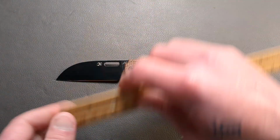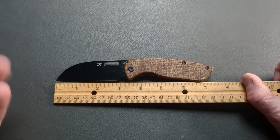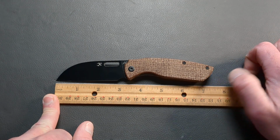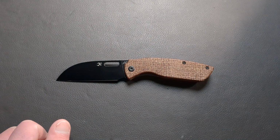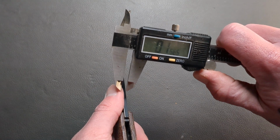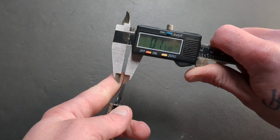Let's go ahead and give this thing a little measure. You have about 2 7/8 of cutting edge, and to this point here, you're at about 3 3/8 ish, just shy of 3.5. And then overall, you are looking at 7 3/8 or so. So it's not a big knife, but it's not a small knife either. And I did forget to change the batteries on this, but it looks like it's going to hold up at least for one more. So we got about 132 for your blade stock, and then behind the edge here,